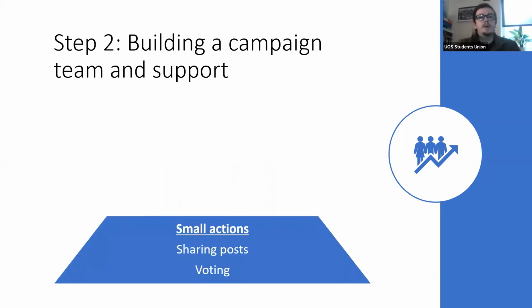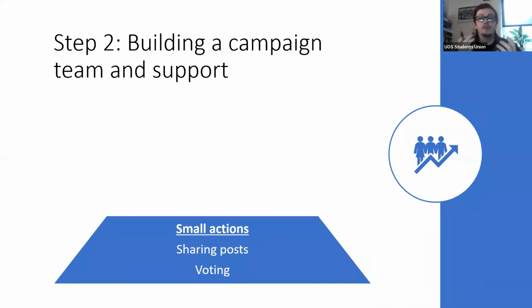It's important thinking about in terms of getting a core team, but also wider support. It's important to think about how much time people have. Not everyone is going to have hours and hours they can give you during voting week. But they might have 5 minutes spare in between lectures and they're happy to support you in a small way. So when you're trying to build up a team of supporters and you're thinking about what sort of things you want to ask people to do to help your campaign, bear in mind the different levels of support and time that people are going to have.